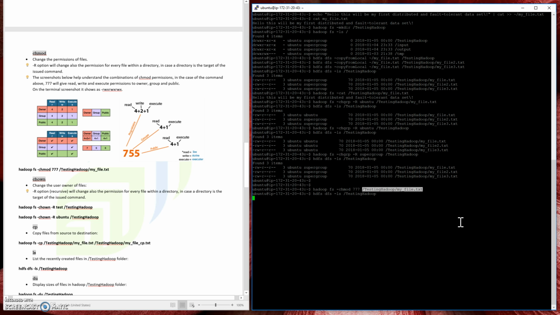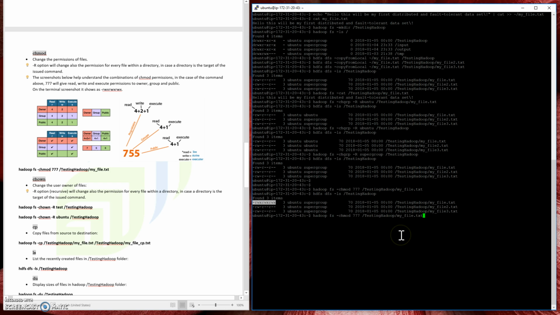Okay, let's list the contents of the folder. Yes, as you can see, it's been changed and granted all the permissions available. I'm going to change it